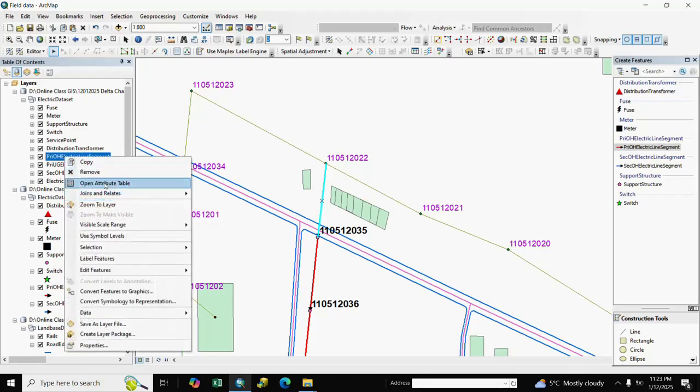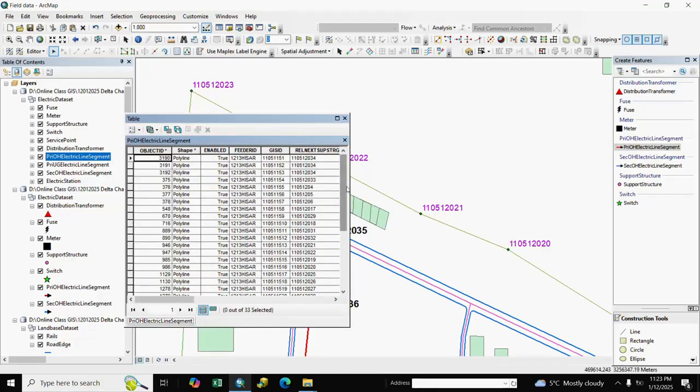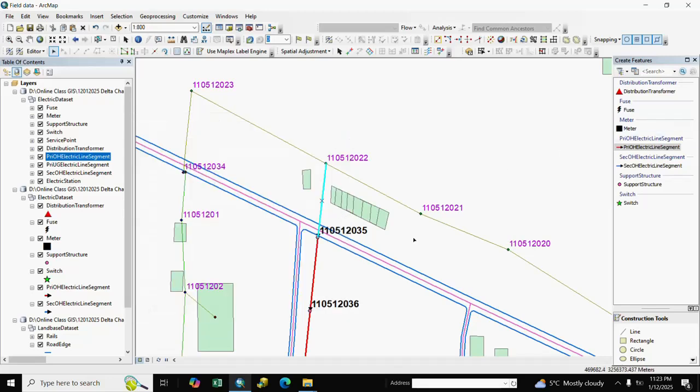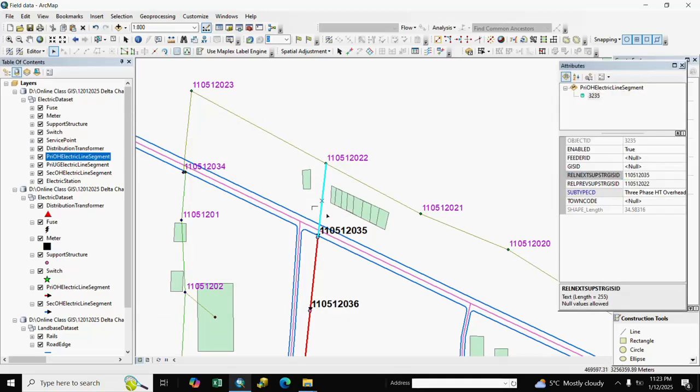We go to primary OH and we select here GIS ID, and we go to last GIS ID. Last GIS ID is 33, and we put here this one. Last GIS ID is 33. We write here 34,